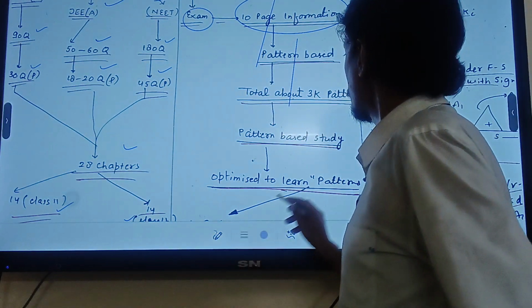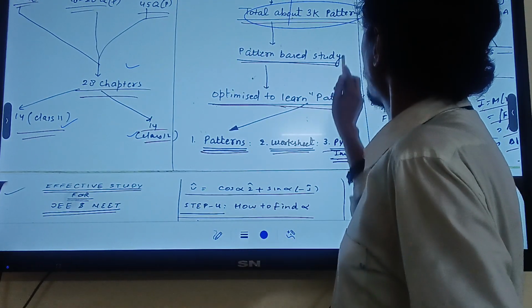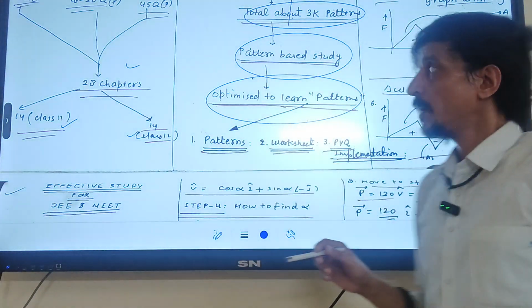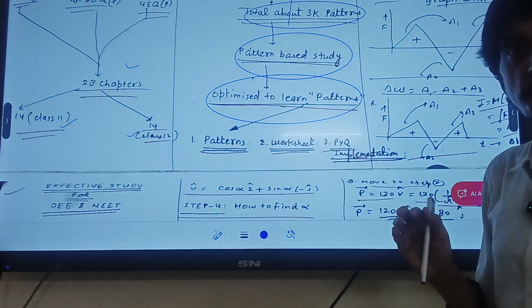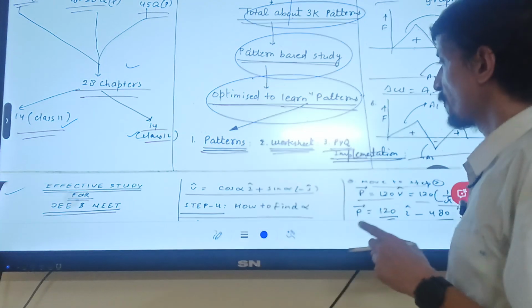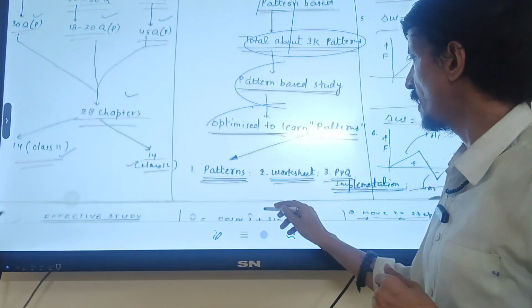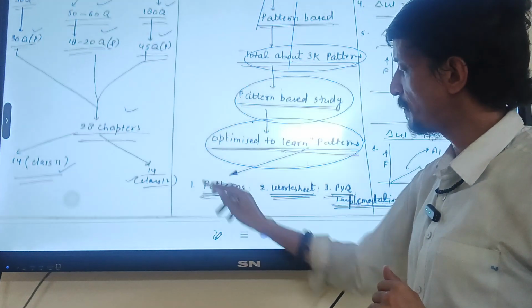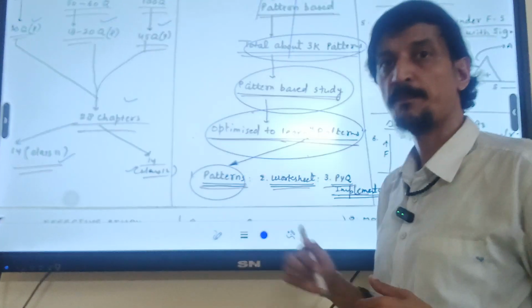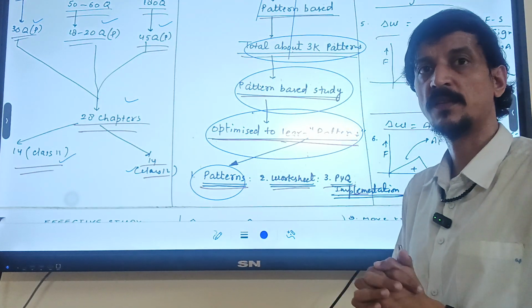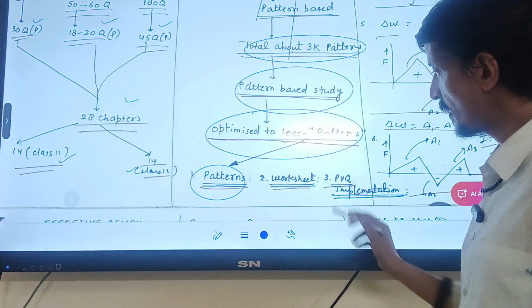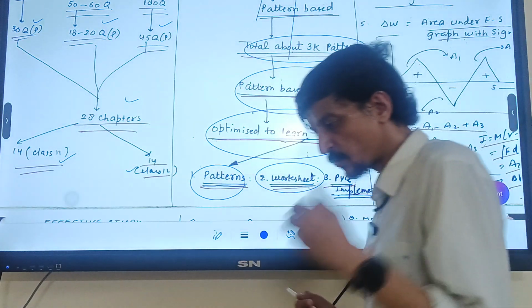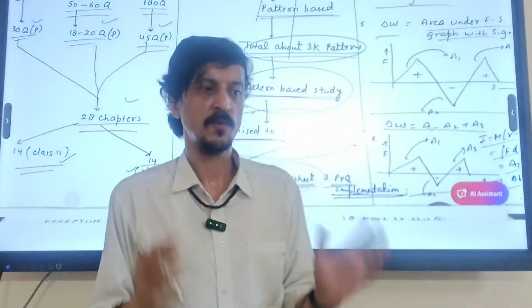So as I said earlier, you should use a pattern-based study which is optimized to learn patterns. I'll discuss the pattern-based study in further videos. But simply, I can say that there are three things of concern. First is the pattern, you can see the patterns in the chapter. Second thing is the worksheets based on those patterns, so that you actually learn how it feels when you actually